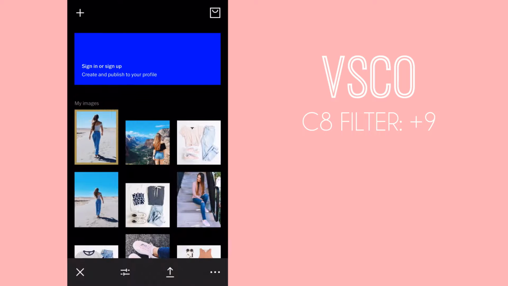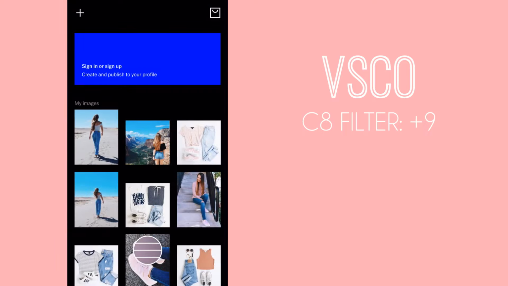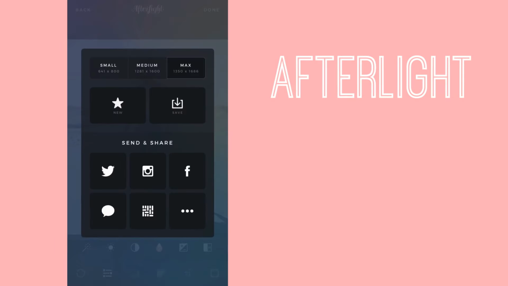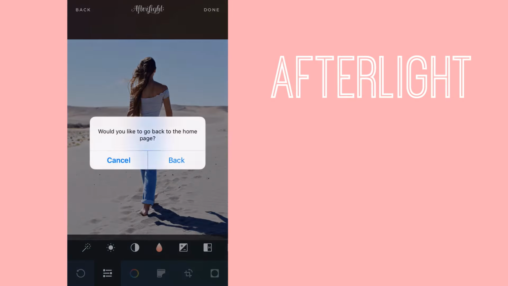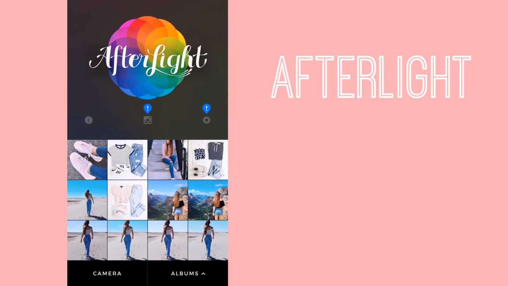And then I'm going to save that again. And I'm going to go back in with Afterlight because I like to color my photos with Afterlight. So now that I have a nice coloring to my photo,